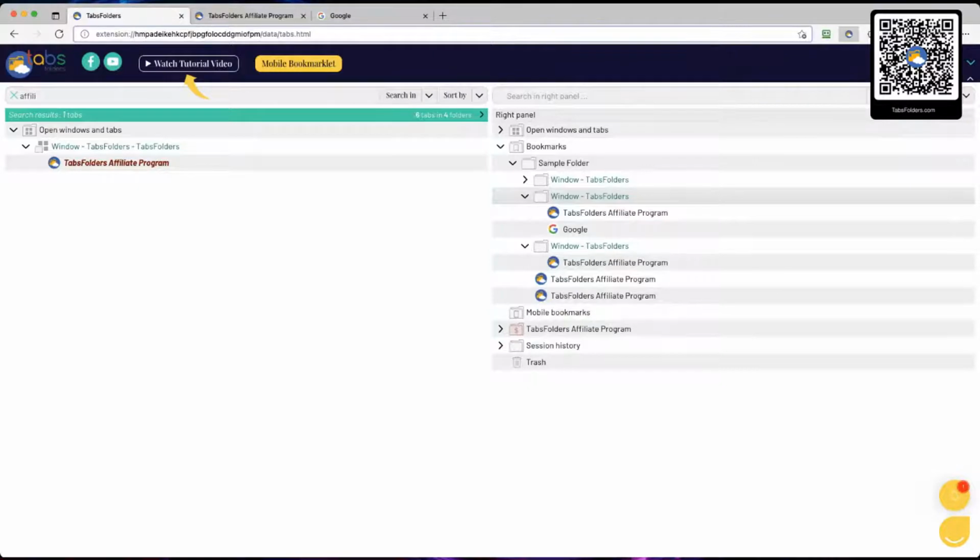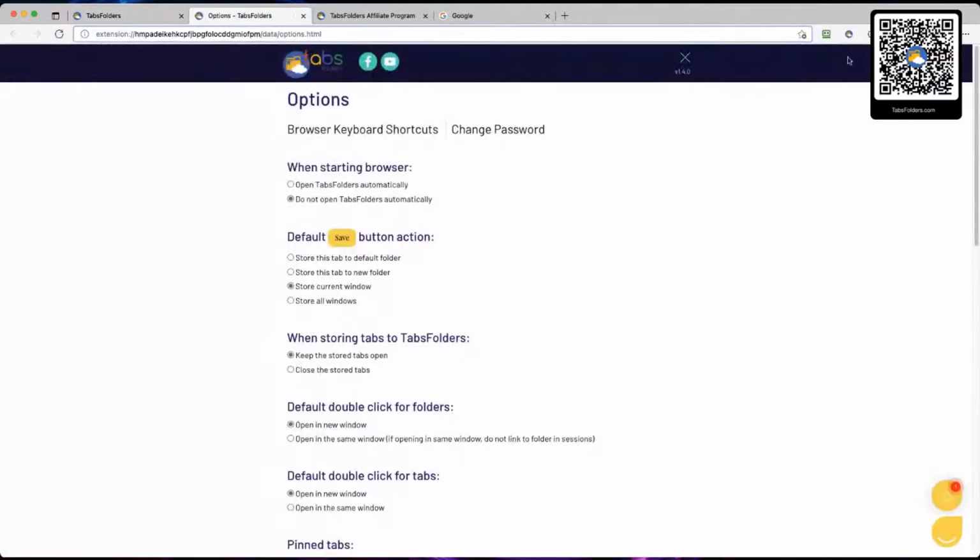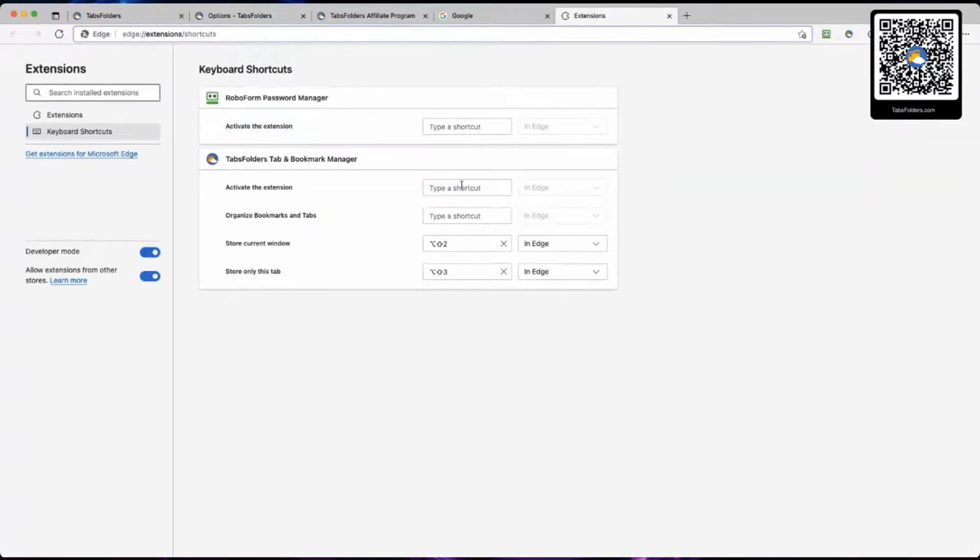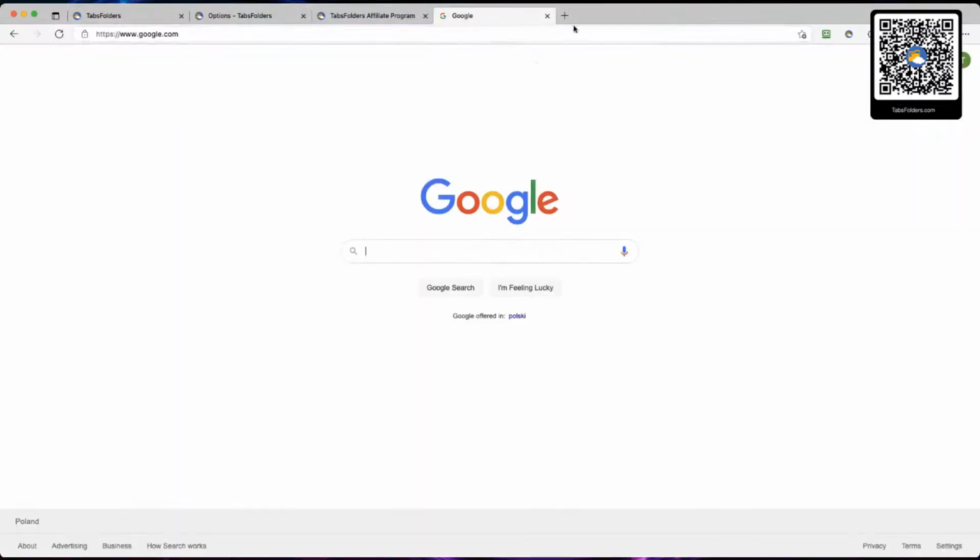expanding the screen so that we can show the menu and all the TabsFolders menu items and what you can do with them. But the key point is, after you install TabsFolders, is to actually go into the options page, which is accessible from the TabsFolders menu. And here you can set up your browser keyboard shortcuts. These are really key to activate the extension, store a window or store a tab very quickly with keyboard shortcuts. That's what you can set up here, as well as